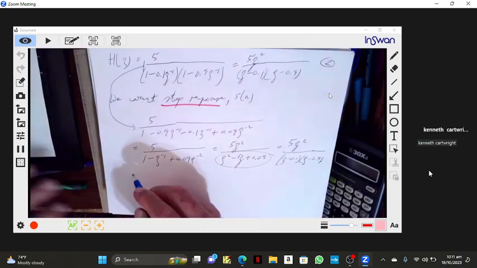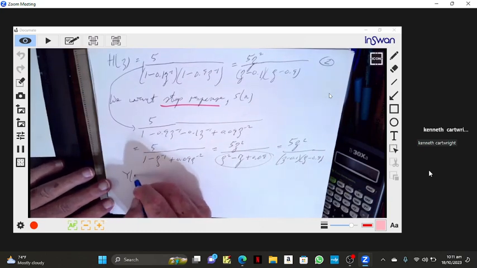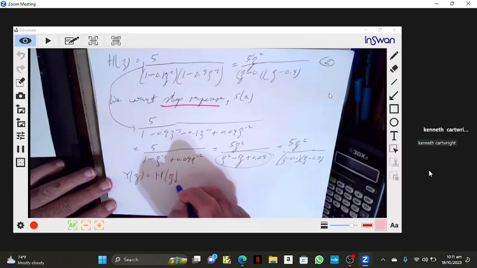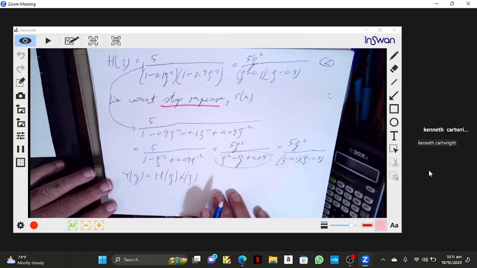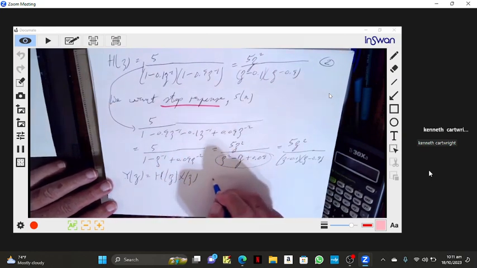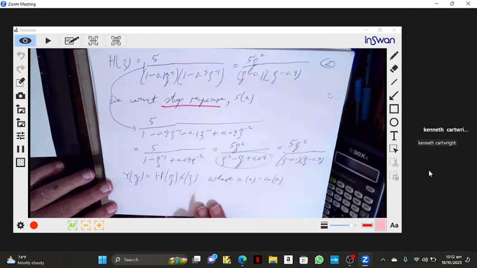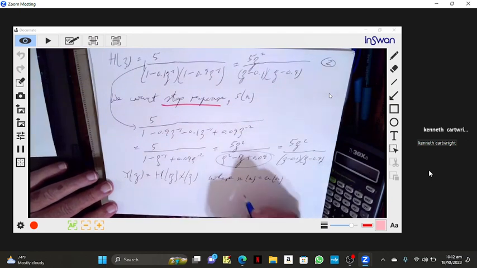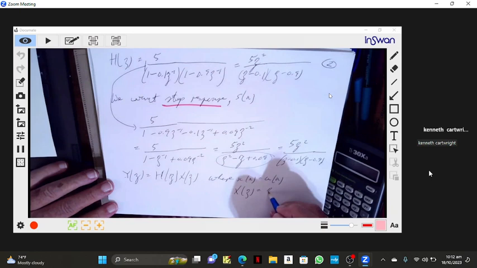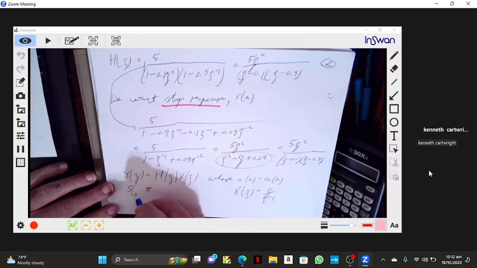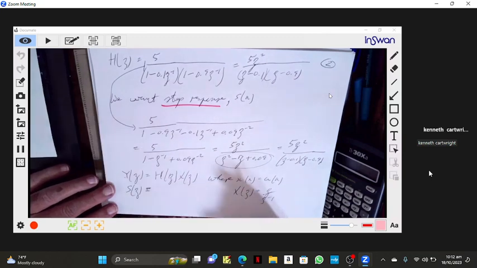So what we need to write is y of z, that's the output, is equal to h of z times x of z. Where x of n is a step. So if x of n is a step, x of z is z over z minus 1. So y of z then, and that becomes s of z, because if the input's a step, then the output is automatically called a step response,